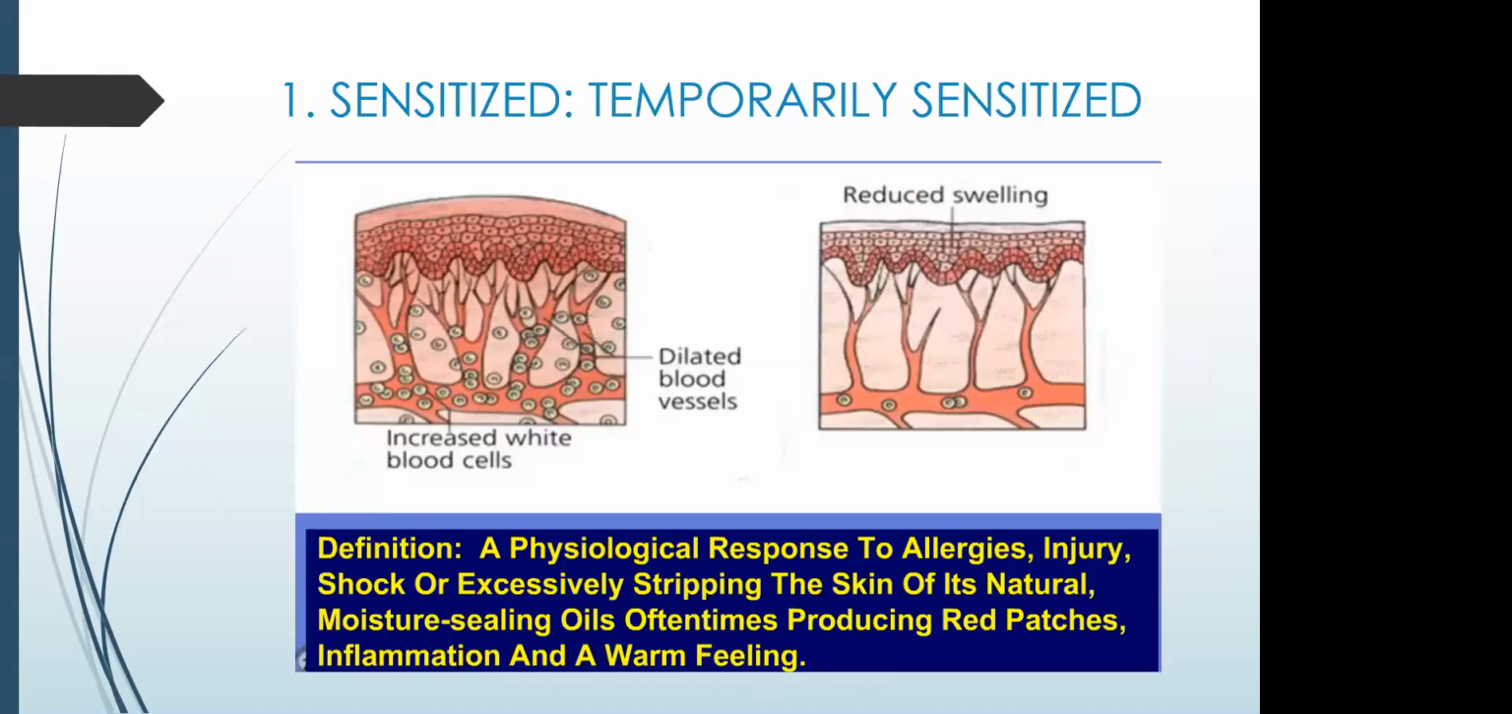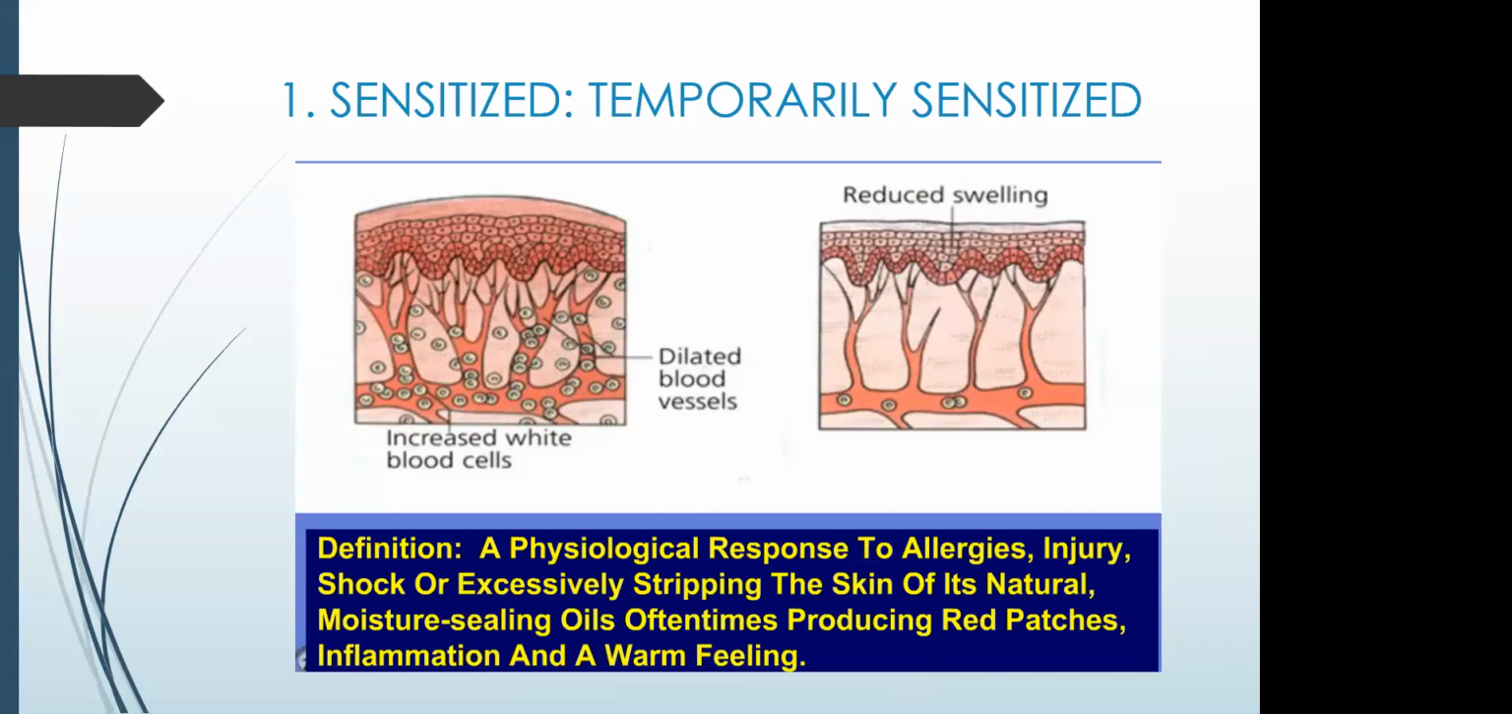Temporary sensitized skin appears as red patches, inflammation, edema, or warm to the touch, possible dehydration and flaking, and then there's temporary stinging or itching. Factors that can cause the skin to be sensitized temporarily are Accutane, antibiotics, diuretics,